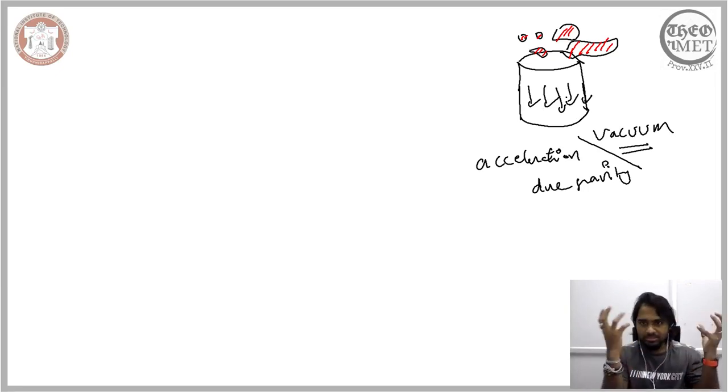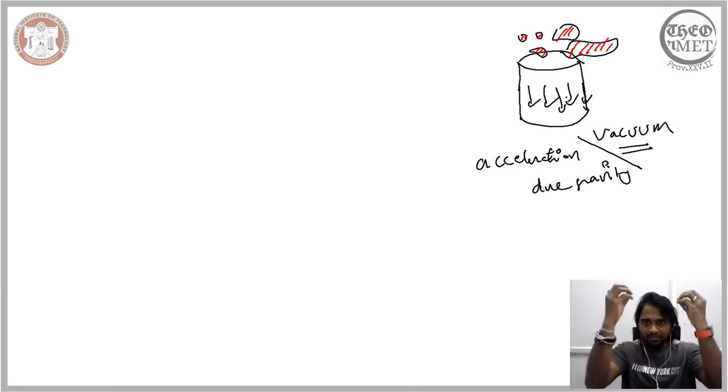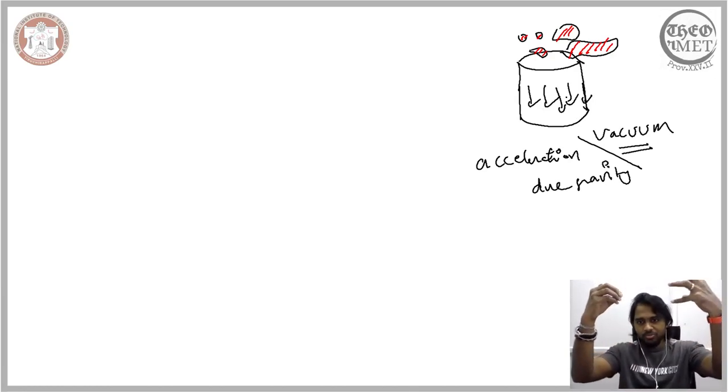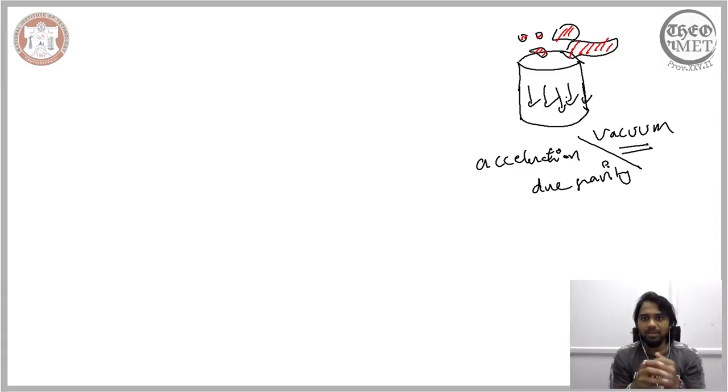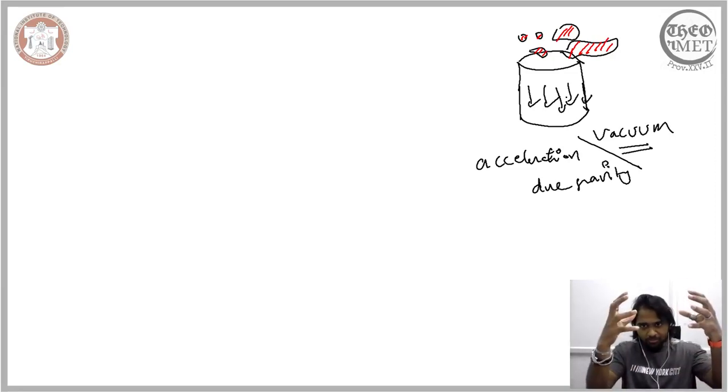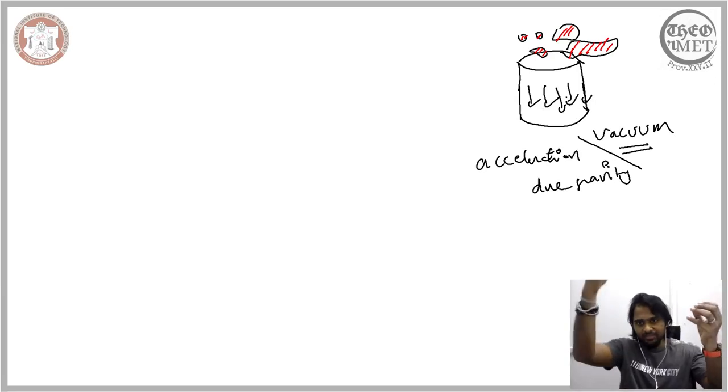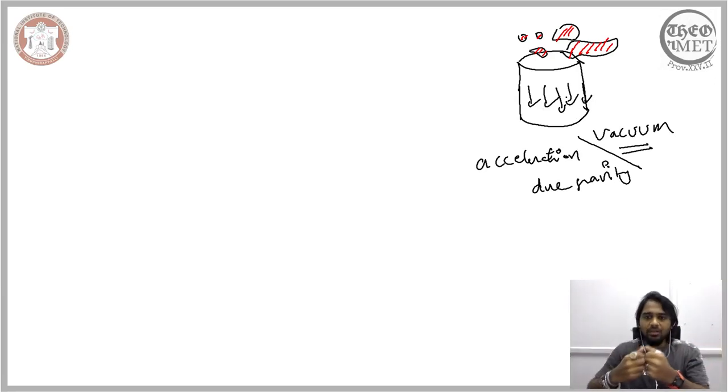So the bowling ball is of some kgs weight, and the feather is close to nothing, and they allow the feather and also this bowling ball to fall in a vacuum. To our amazement, or physically it is surprising to see that both this bowling ball of some kg weight and this feather, which is of no weight, fall at the same velocity, and they reach the ground at the same time. So that is exactly what would happen when we have such a setup